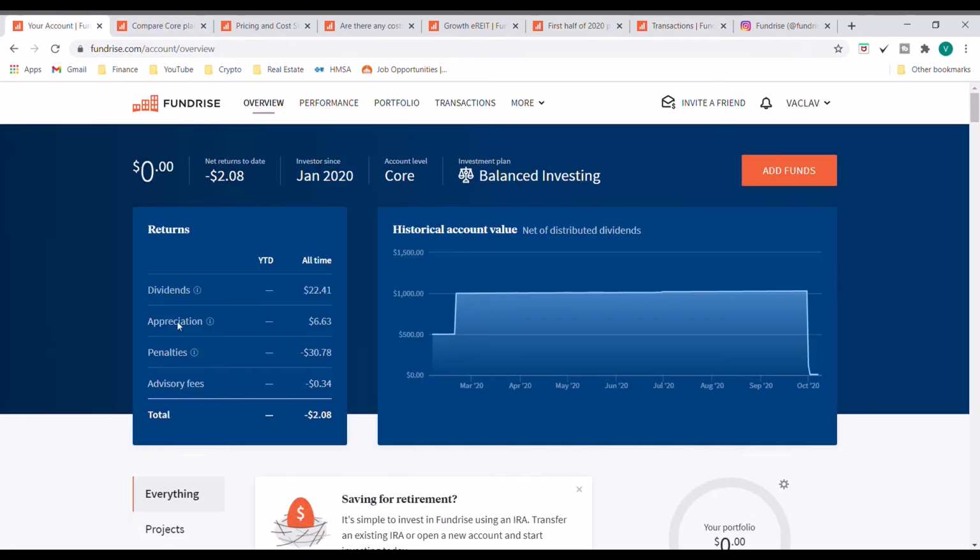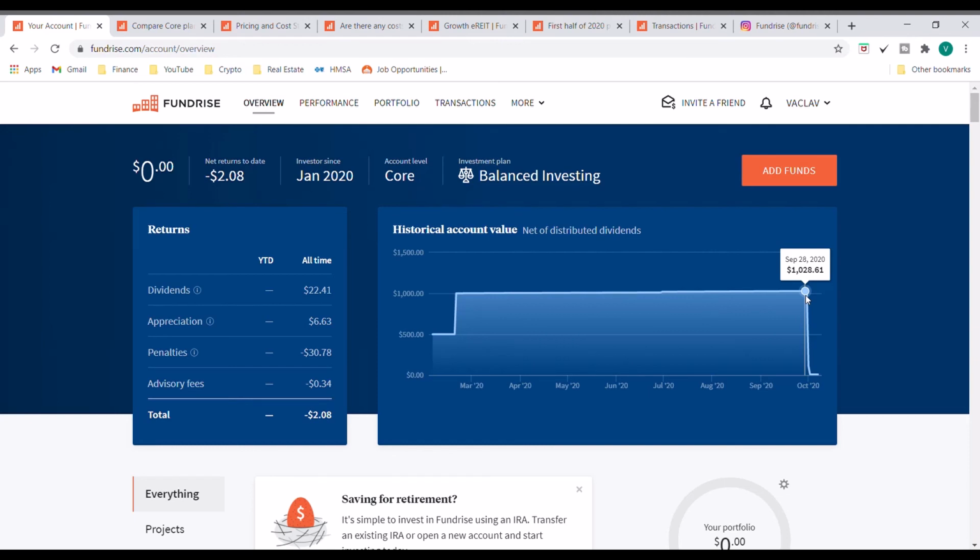So let me show you my account. I actually started with them in February 2020. So when the corona hit, that's when I started with them. And even though the corona hit and everything, I was actually making money. Slowly it was going up, even though the market was so bad at that time. I was with them for 6 to 7 months, and I made